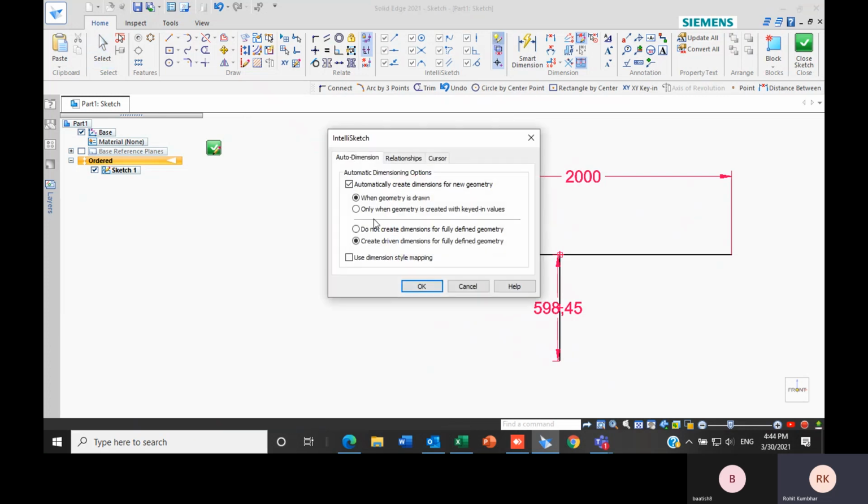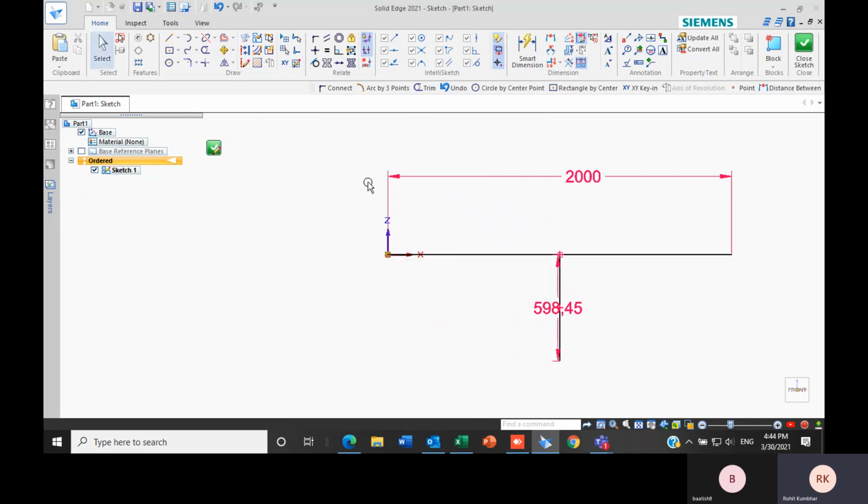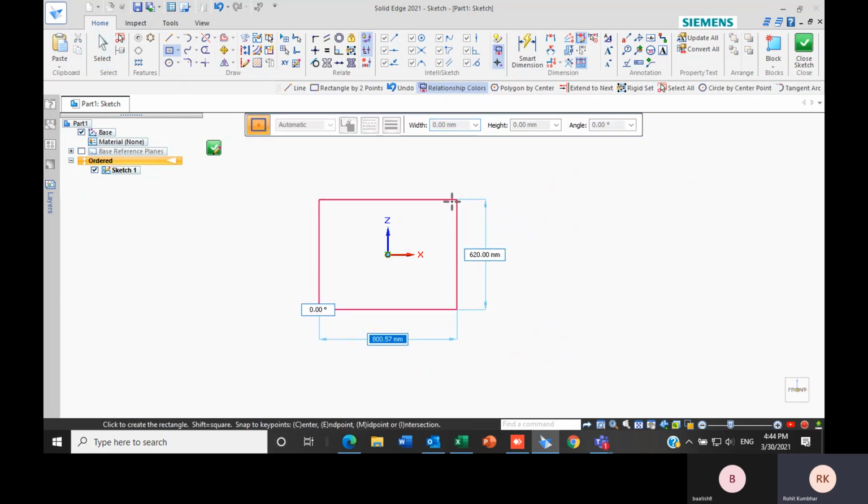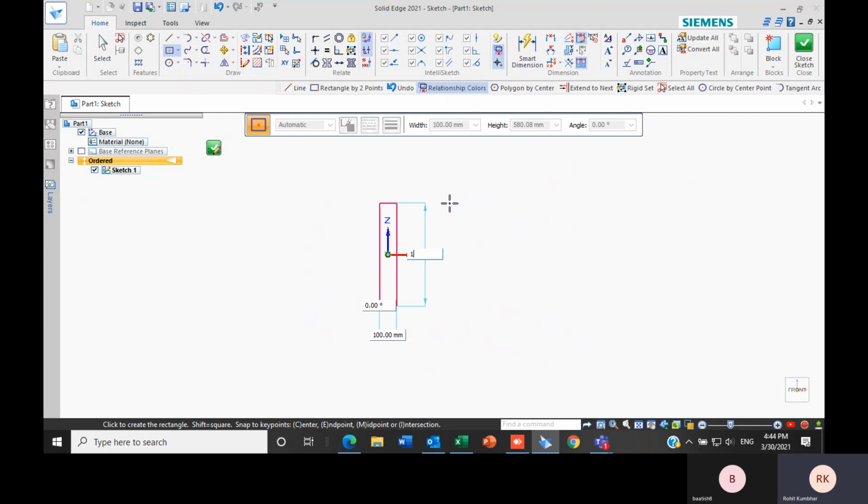Our next option was do not create dimensions for fully defined geometry, and create driven dimensions. So let's say, just wait, this is my rectangle. Let's say I will input 100 and 100.